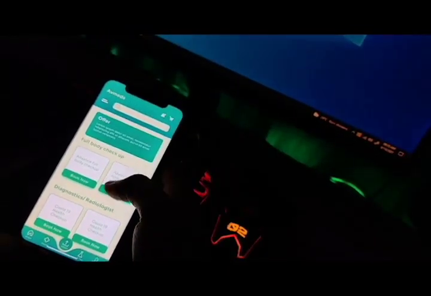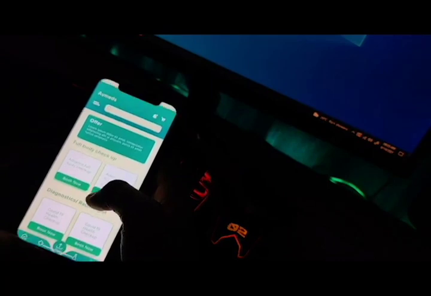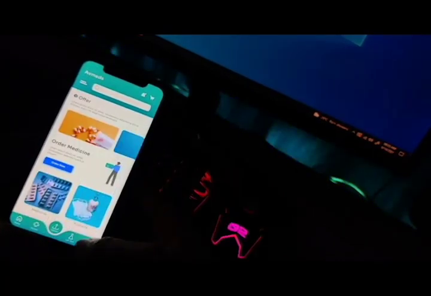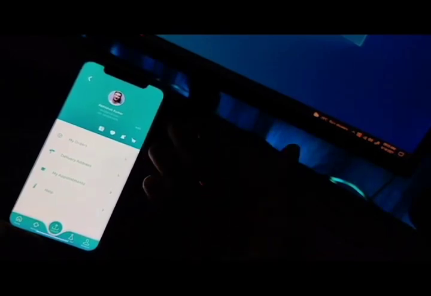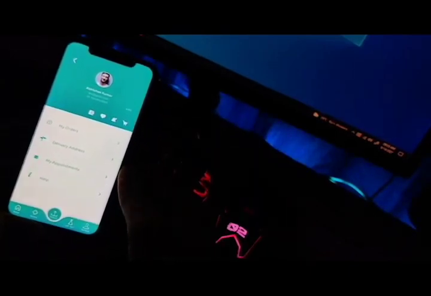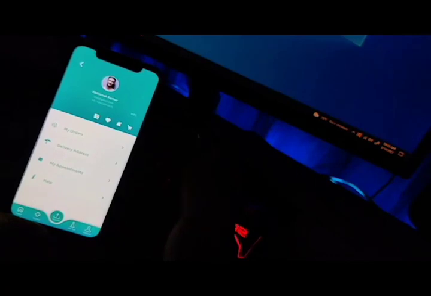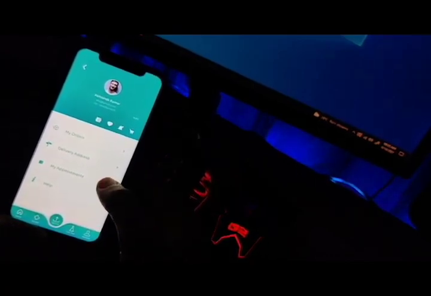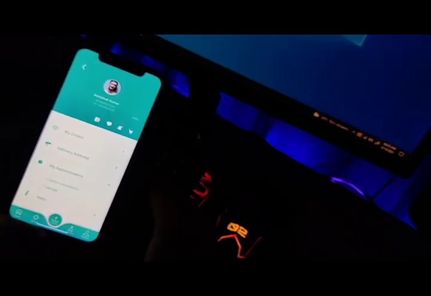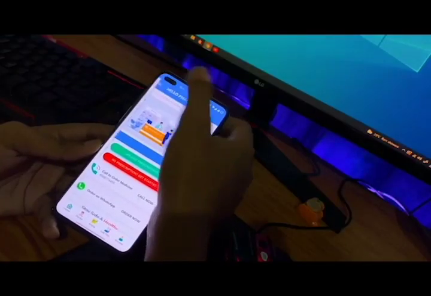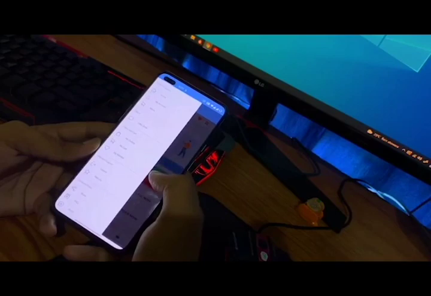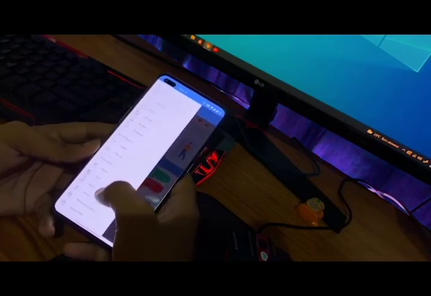Now, next is our lab test menu. Not many changes, just added an offer section and the rest are the same. And there are major changes in the account section, the user account section, just the basic things which are generally needed in a user account. One more thing is the hamburger menu section. The previous one contains lots of options which are not required, and you can see the improvement.